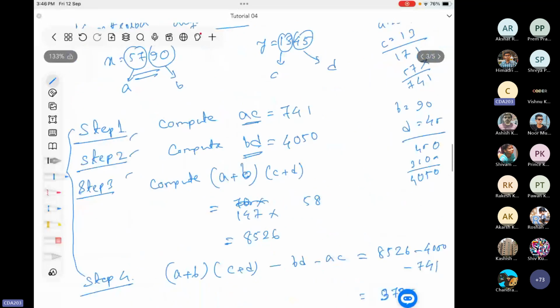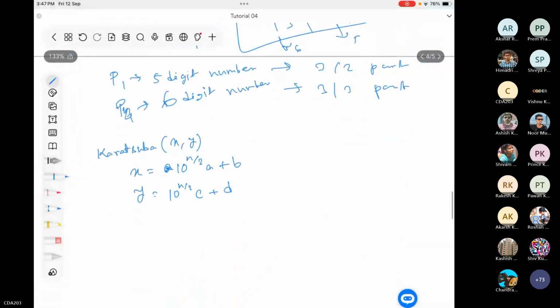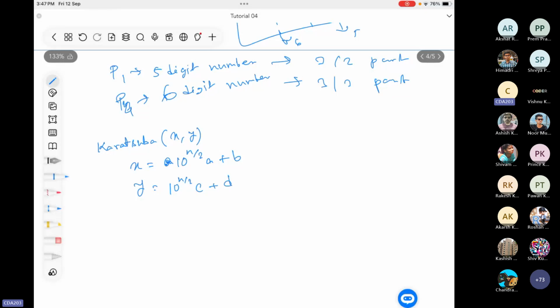Or rather, I will take the non-zero one, 1345. Yes, I'm writing. So 1345, can you represent it as a decimal number? So if you think about its representation,